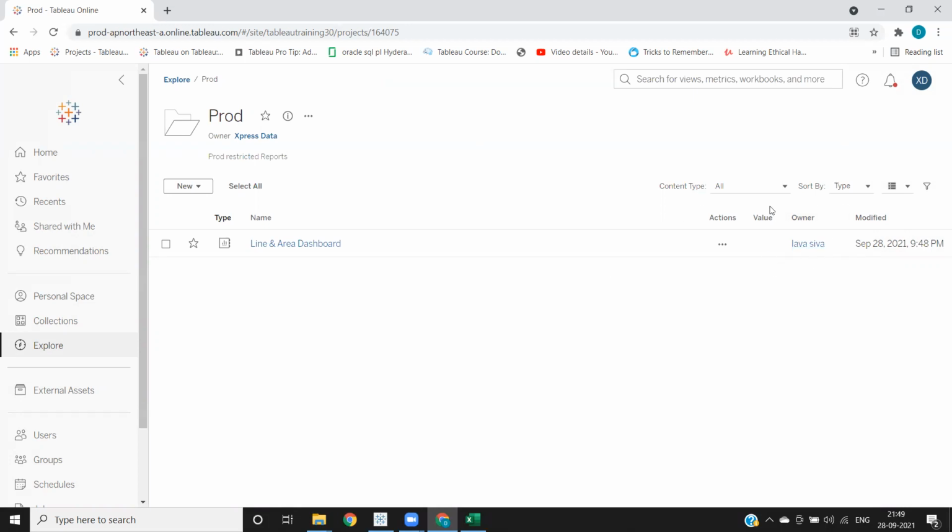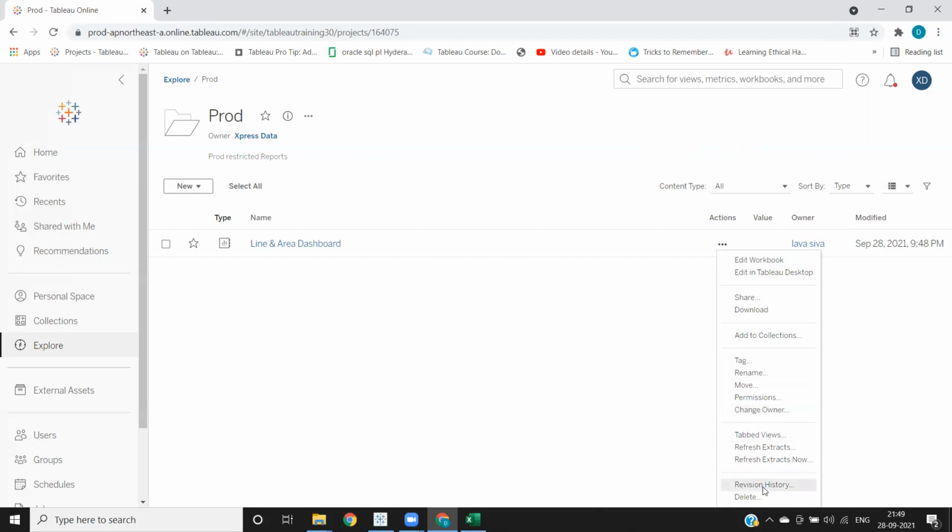Now suppose that user gets deleted after he has left the organization, then this report might not run, or it might cause some issues. So to avoid that, we take the ownership of those kinds of reports. Again, that is very important to understand: change owner. Next important option in server is the revision history.